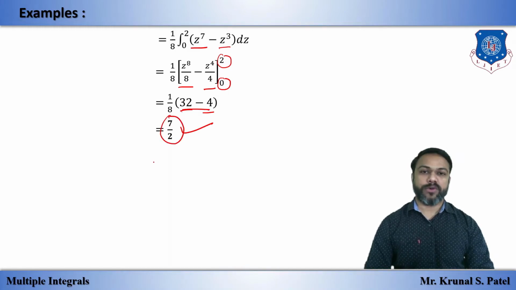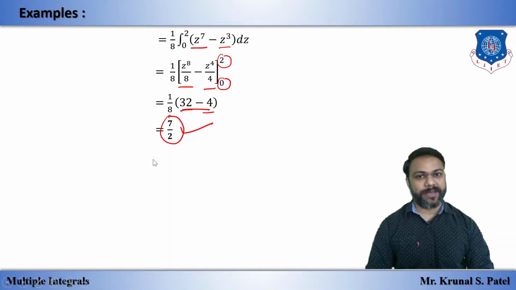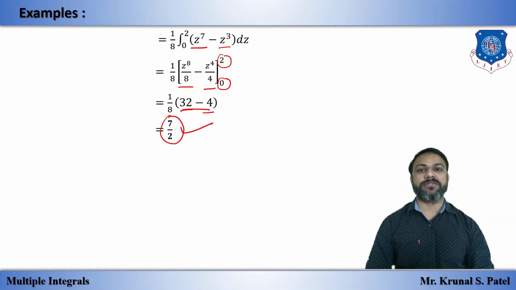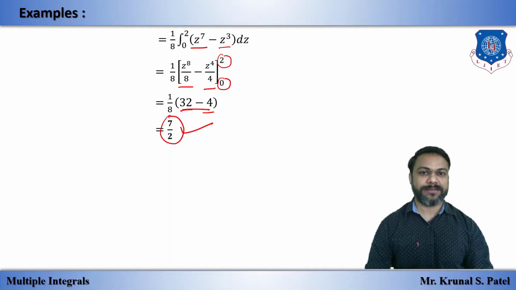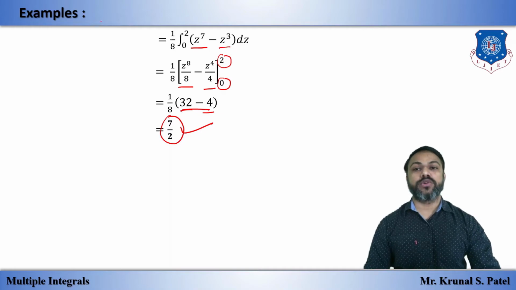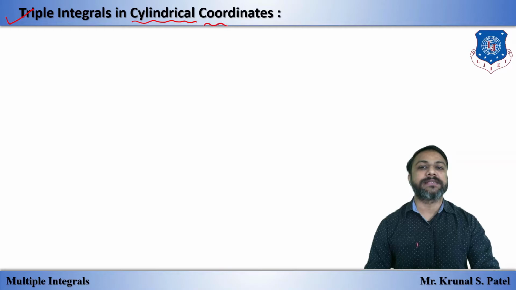answer. Okay, so as we have integrated with two variables, same we have to integrate with respect to three variables, one by one. Okay, nothing else. But we have to just keep one thing in our mind, that when we integrate with respect to one variable, the other variable is treated as a constant. Simple, same concept. Okay, so now we have the second method of triple integral, that is triple integration in the cylindrical coordinate system.